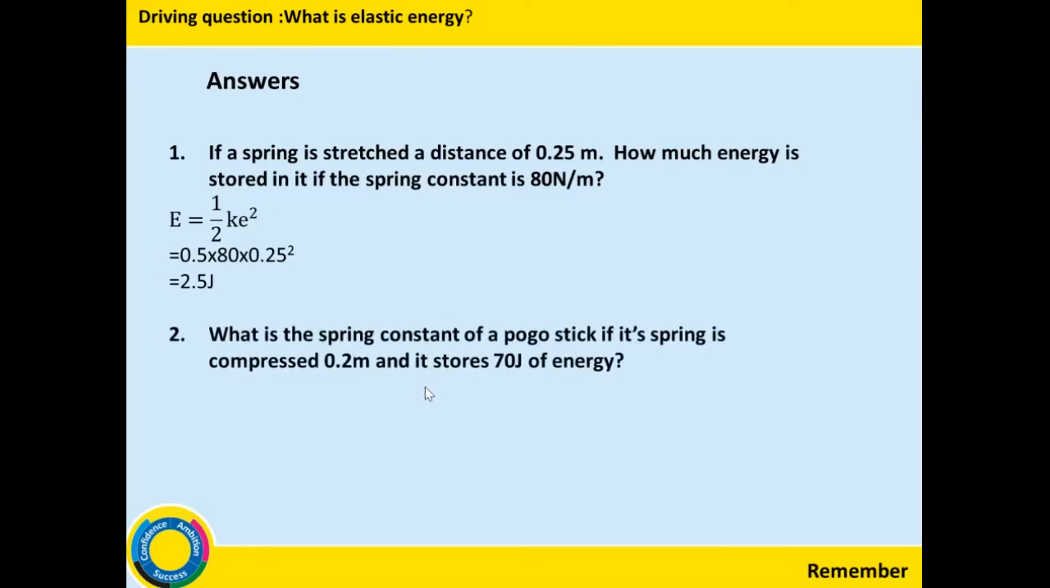Second question. What is the spring constant of a pogo stick if its spring is compressed 0.2 meters and it stores 70 joules of energy? So same as before, start off by writing out your equation. Substitute your numbers into the equation. And for this one, we have a little bit of algebra at the end. k is going to be 70 divided by 0.02. So k is